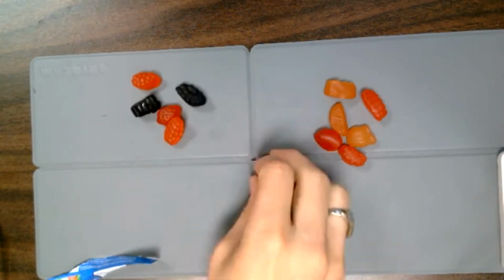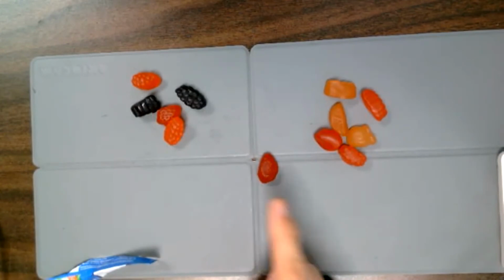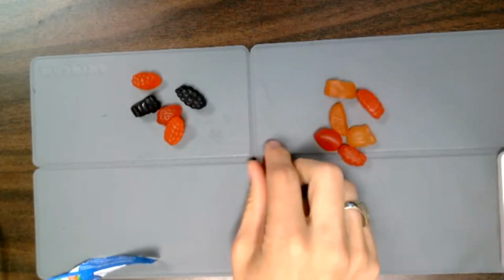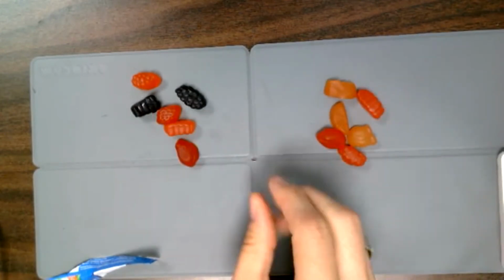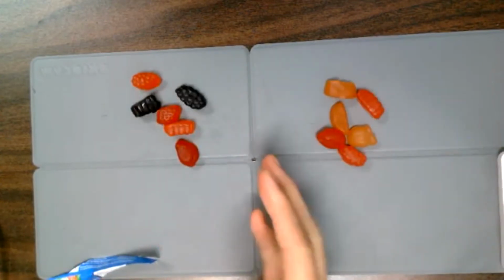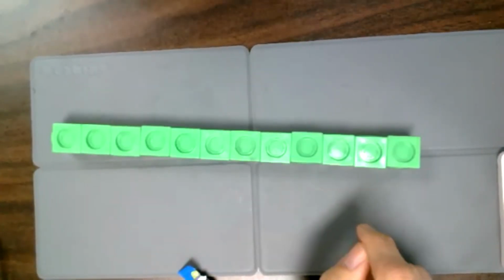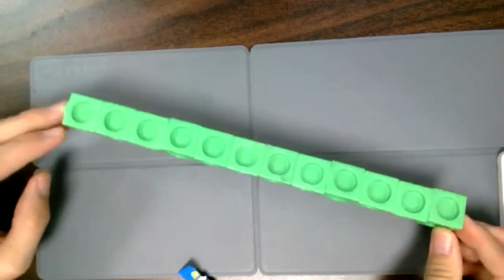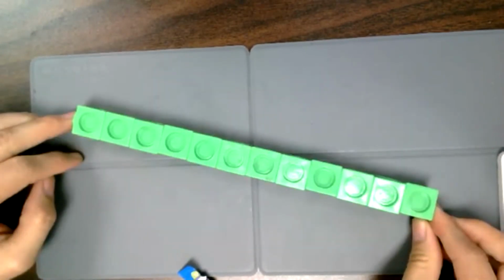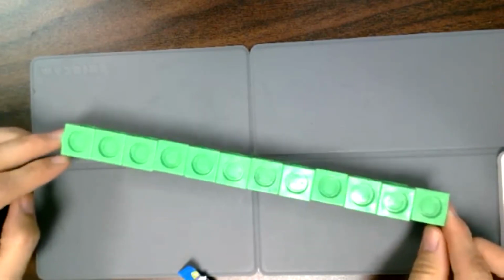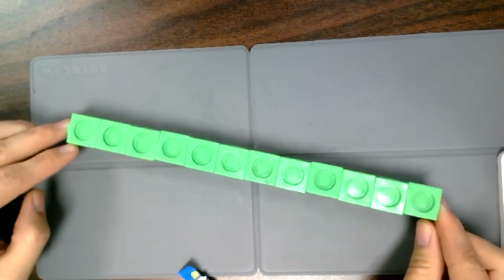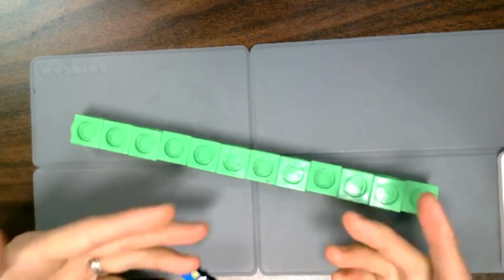Some kids might end up with an odd number, and then you have to talk about that, right? But we're building that idea with something that they've done before, which is splitting into 2 equal groups. It's an even number. And then you can kind of work a little less real life. Here, Trip, come get these gummies. You can work a little less real life and say, hey, I'm giving you this building material today. Can you and your friend see if you can split these evenly, just like we split the gummies